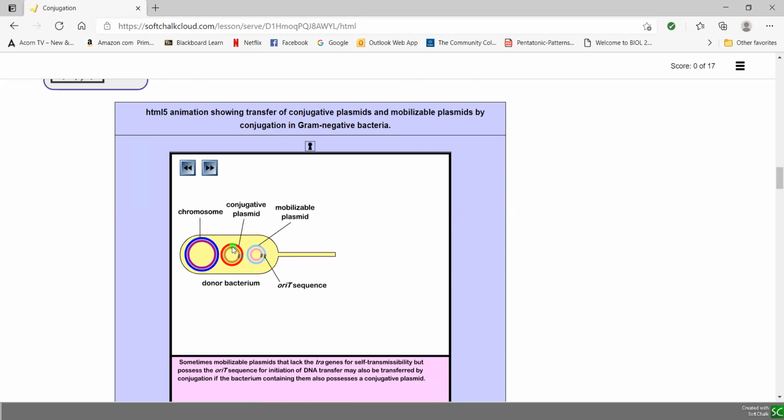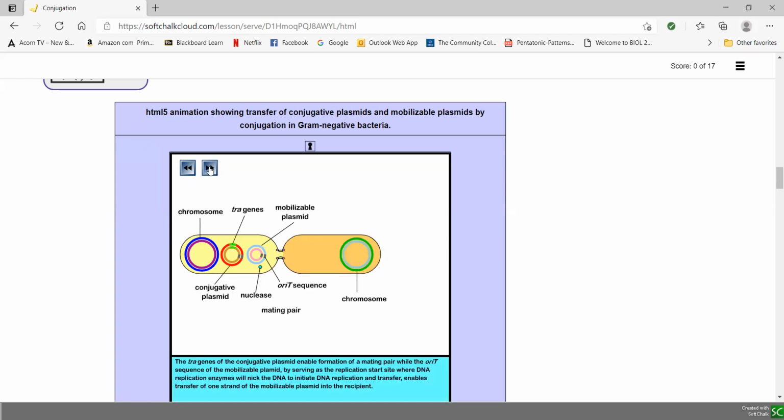But because this bacterium has two plasmids, and one is a conjugative plasmid with TRA genes, this bacterium can form a mating pair and can conjugate with the recipient. But what can happen now is that once a mating pair forms because of the conjugative plasmid here, a nuclease can also split a mobilizable plasmid, and a strand of that can go through the channel created by